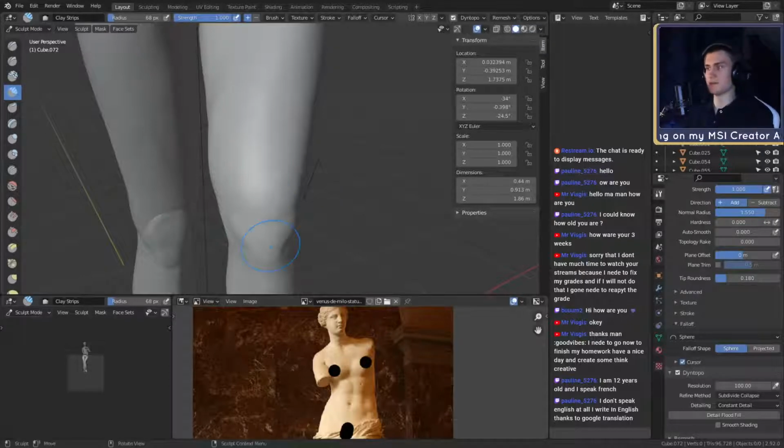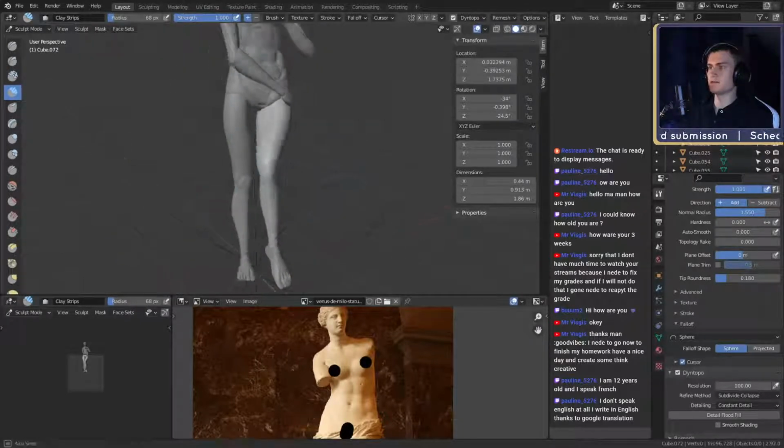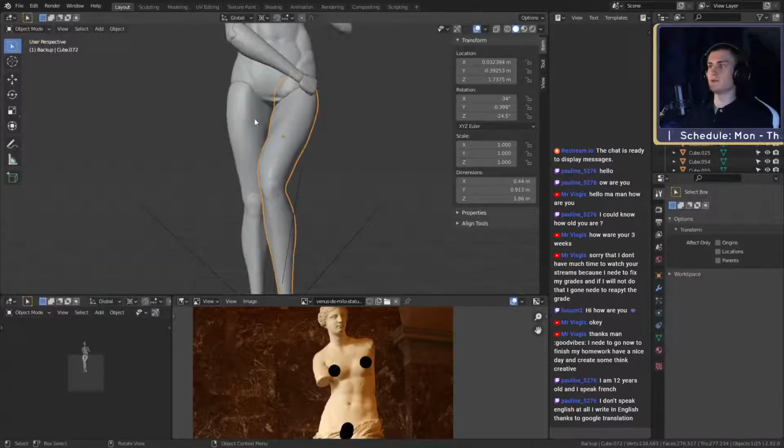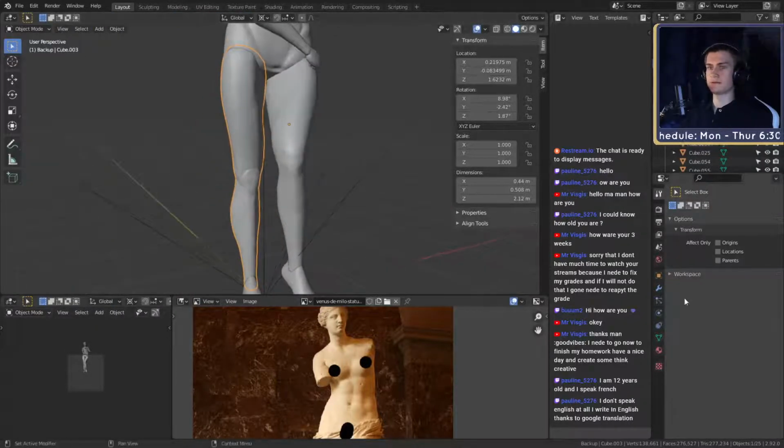Let me pull up my references, but I think I'm gonna first go over to the other side, work on that, and then if I want to go back, I'll go back. So I think the plan is going to be to only combine the limbs, so arms, the hand.